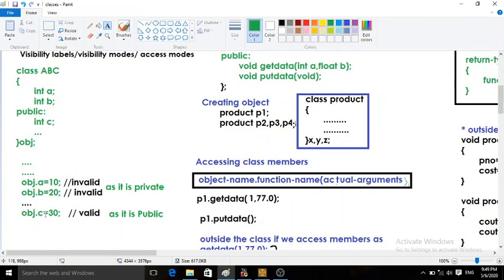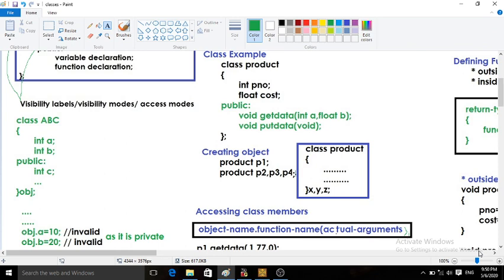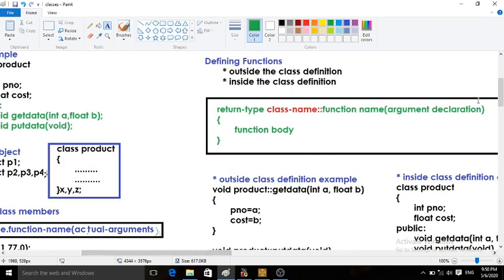data member name equal to value, or simply object dot data member name. If you are putting this in an expression, you cannot use the member directly, you have to specify object dot data member name. So this is all about accessing members, maybe member functions or data members, from outside the class. Up till now we have just seen how to declare a class, how to create an object, how to access members, but